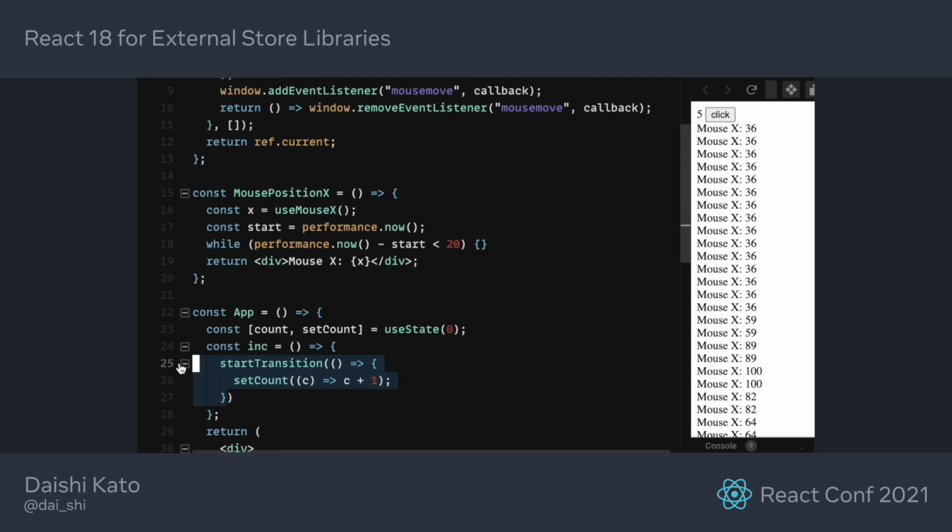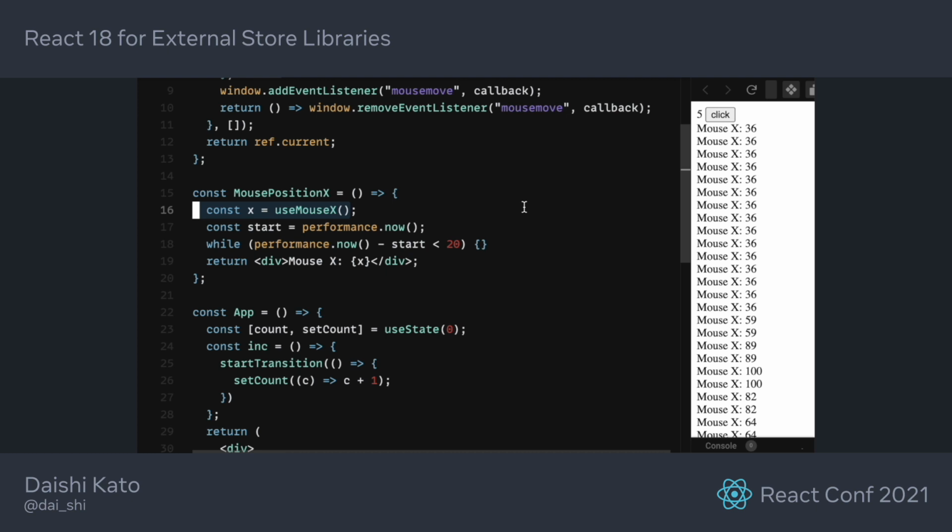Developers can use startTransition in a component very far from the place they use the useMouseX hook. startTransition is a nice feature in React 18, and we don't want to discourage using it when appropriate. That's why we encourage library maintainers to prepare for it.